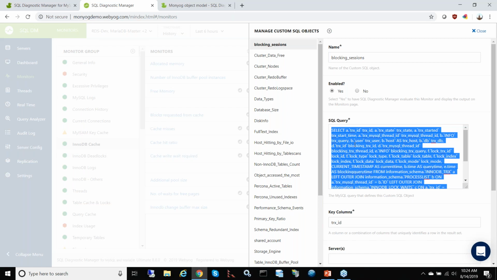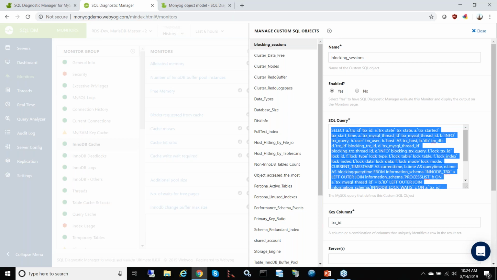An example I use all the time is, suppose in your application you're using a database table as a job queue. And every time you want to process a job, you insert a row into the table. And every time you're done processing a job, you delete the row from the table. So the number of rows in the table represent the number of jobs that have been submitted but haven't been processed. I could very simply create a new custom SQL object, a CSO, that just does a select count